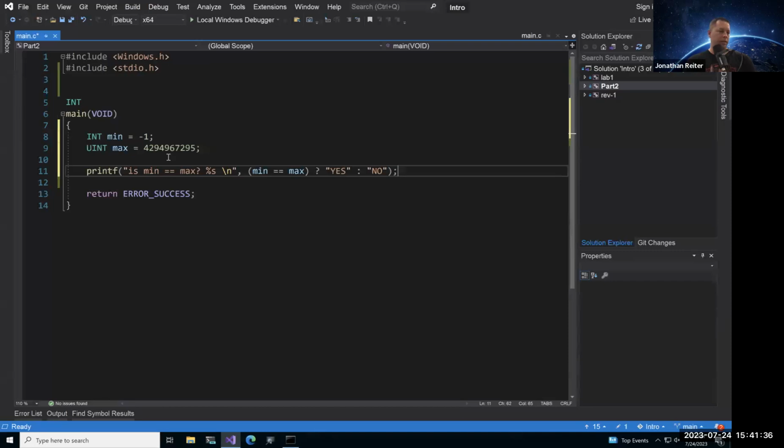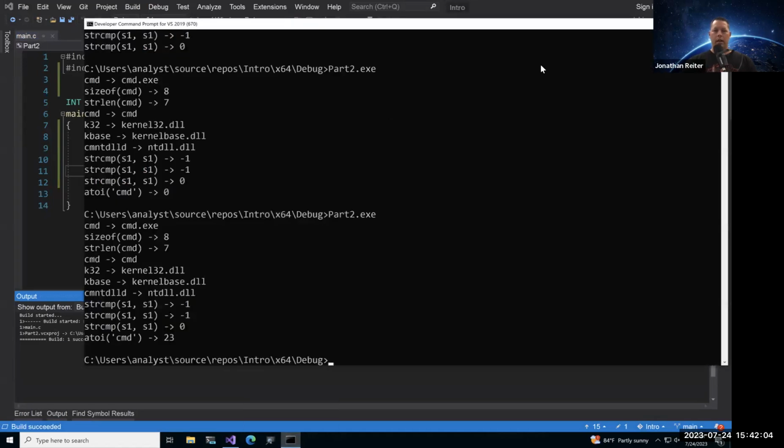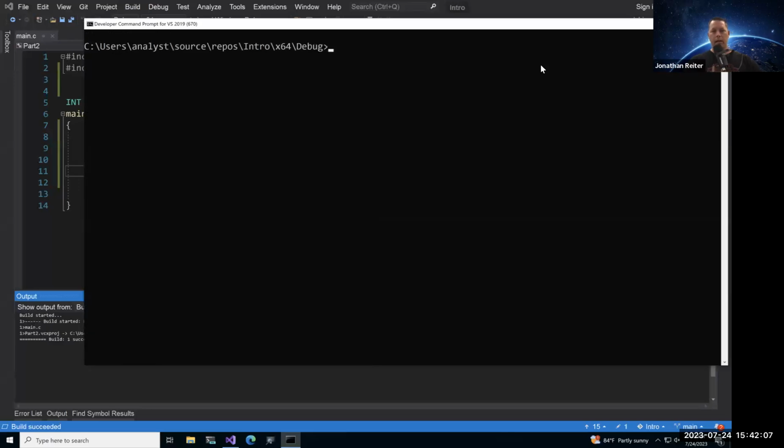I'll give you all a little bit to make sure everybody's on the same page. I'm just going to save it, and then I'm going to hit Control B to build it, looking at the output window for any kind of errors, and it looks like we have success. Perfect. Now what I'd like for you to do is open up a command prompt window. It doesn't have to be elevated, just a command prompt window, and navigate to wherever that compiled binary is stored.